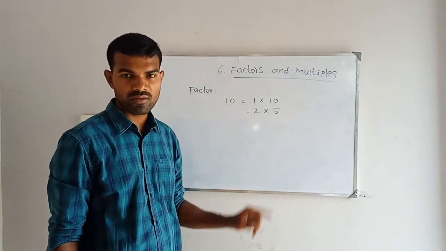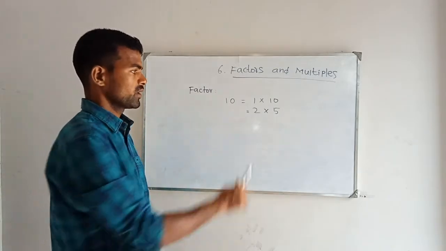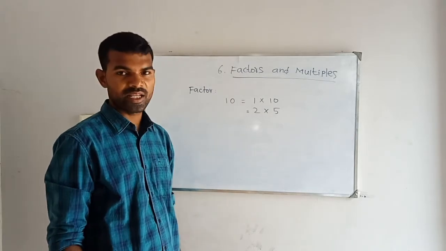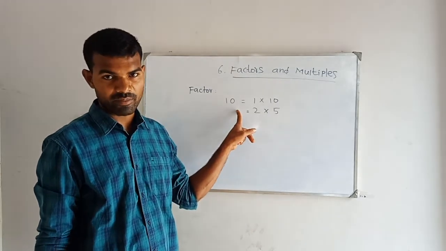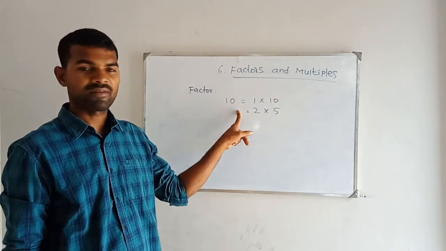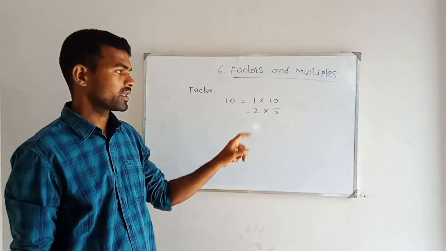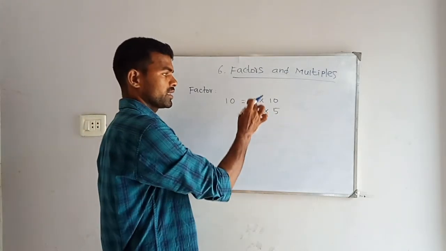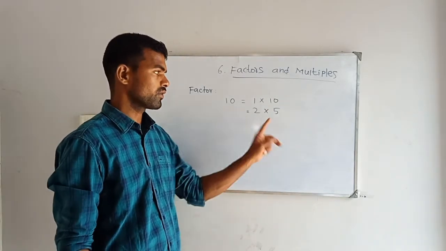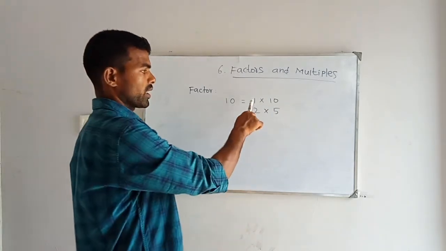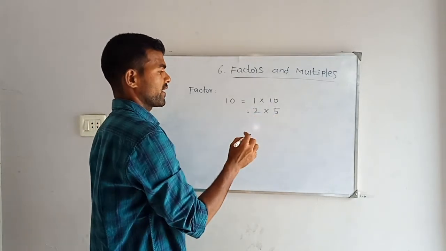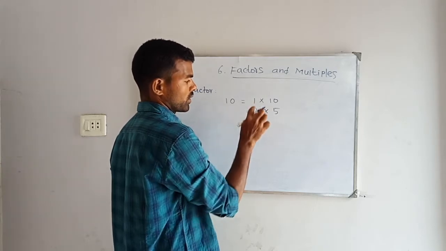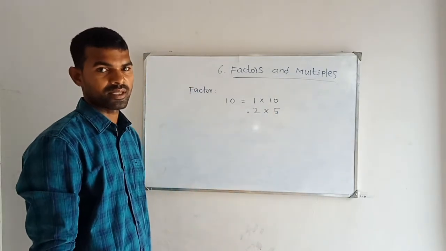We are not having more than 4 factors. See that 1 multiply 10, 10. 2 multiply 5, 10. Then 3 multiply any number, are we getting 10? No. 4 multiply any number, are we getting 10? No. 5 multiply 2 we are coming. Then 6 multiply any number? No. Okay, absolutely we are having only these 4 numbers. These 4 numbers only are factors. 1, 2, 5, 10. So factors of 10 are 1, 2, 5, 10. These 4 numbers are the factors.